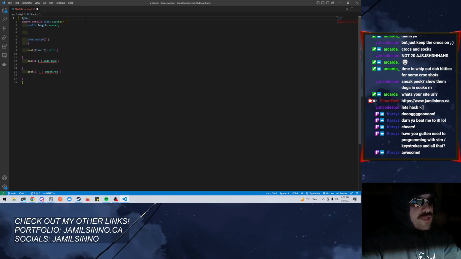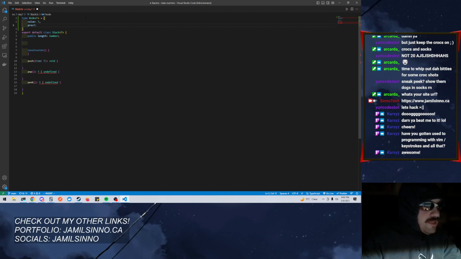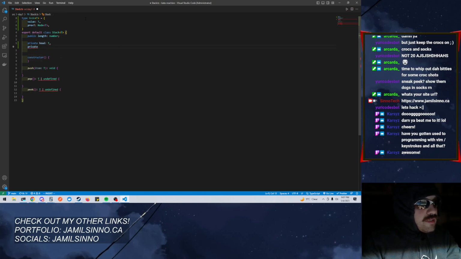So up here, we're going to say type Node<T> is equal to, we're gonna have a value, which is going to be T, and then we're gonna have a previous, which is going to be maybe, right? And it's going to be a node. All right. So we have a head, and then we have this private head, which is going to be T, right? Private tail, which is also going to be T,